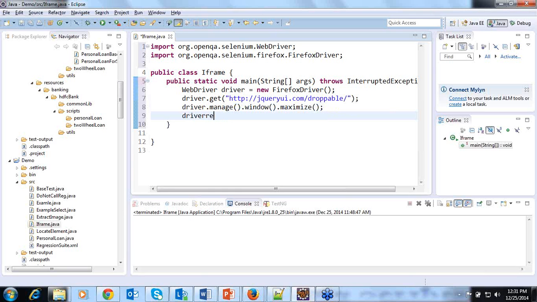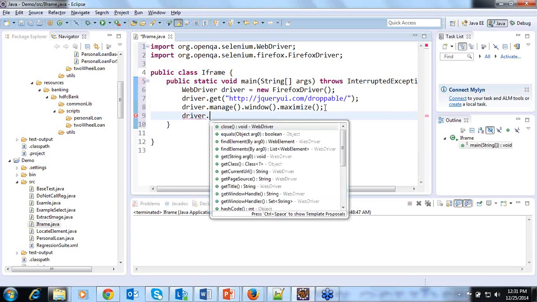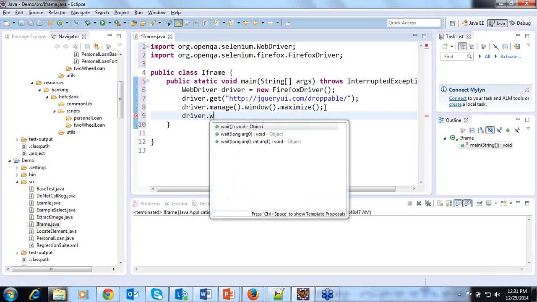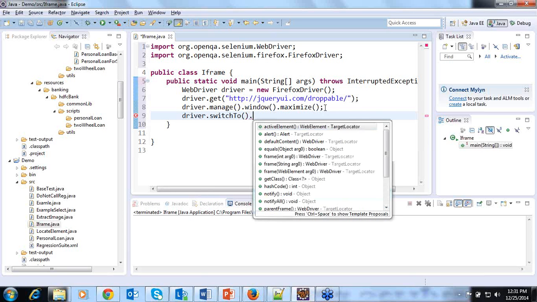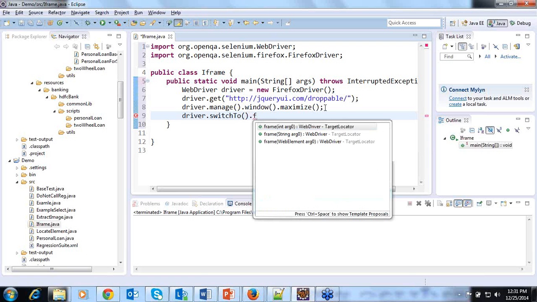We have to use driver dot, there is a method called switchTo. When you type switchTo dot, you will be able to see different methods of frame, that is frame int, frame string and frame web element. Let me use frame int.